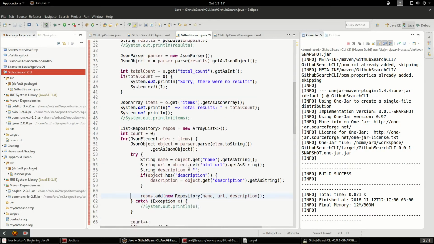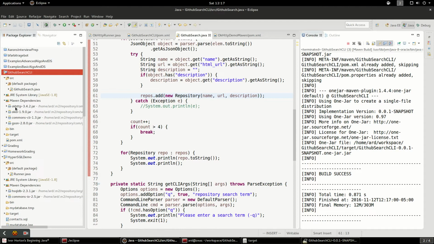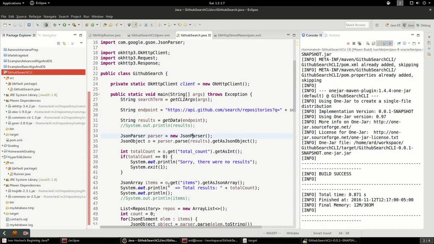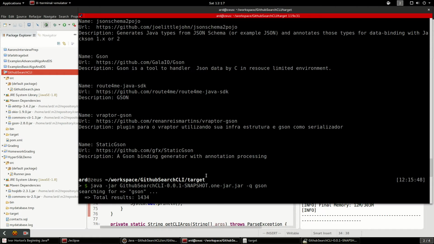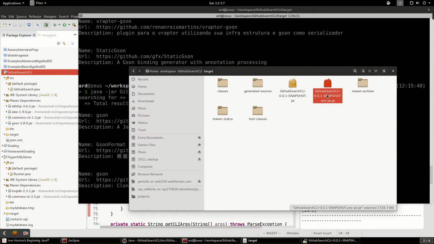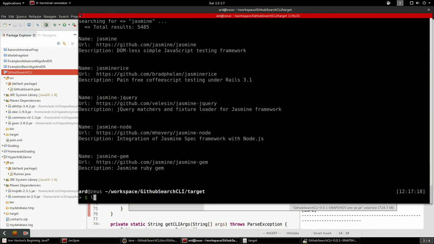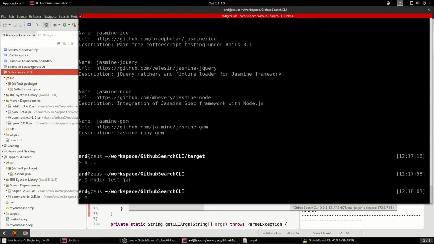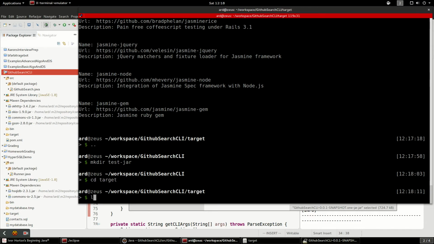This is creating a Maven project. We used a bunch of libraries, and we used 3 libraries. We made it take in command line arguments, and it actually is a standalone jar file. So this jar file, I can copy it somewhere else, and we can test that out. I'll make a new directory. I'll go up here and make a new directory. Call it test jar. And what I'll do in target, I'll say cd target,